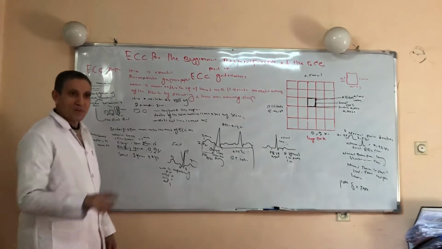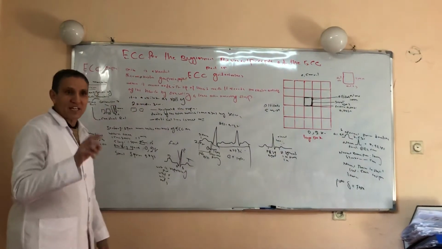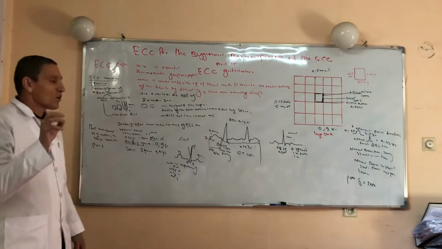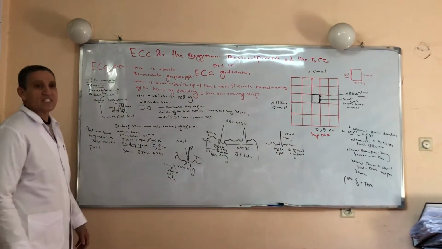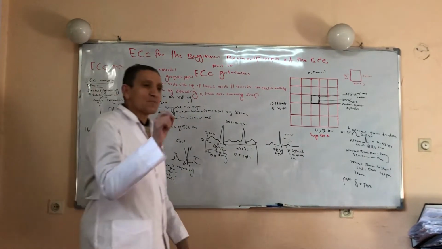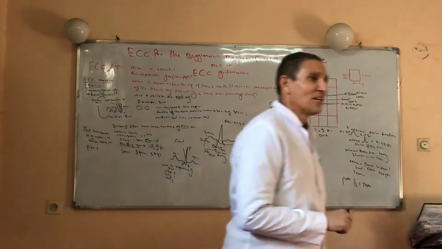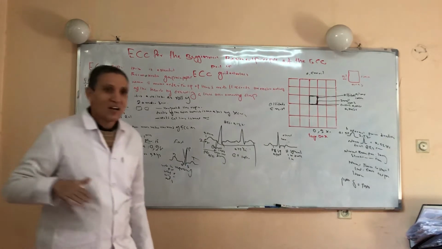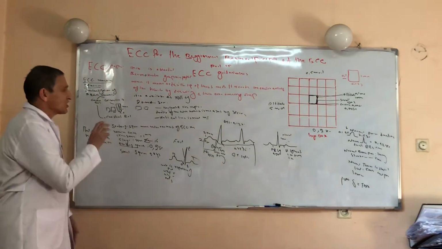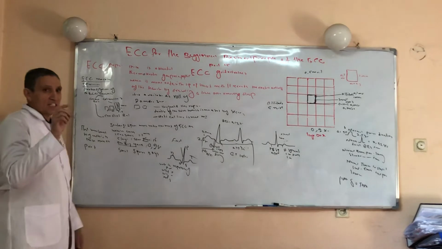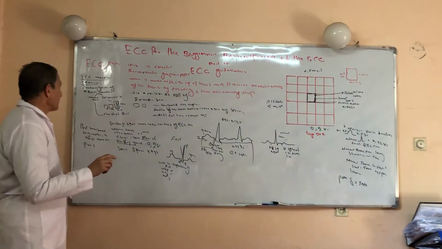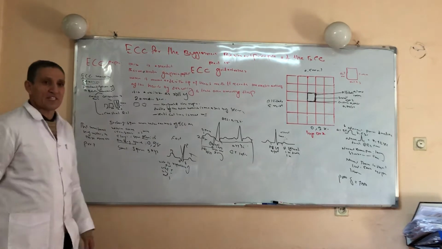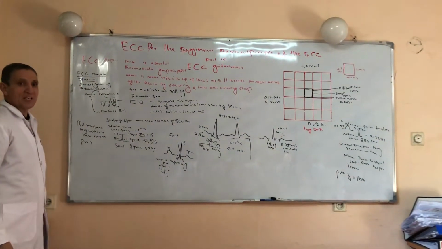After the ECG paper, we come to the ECG machine. Recording of the electrical activity of the heart without the ECG machine is impossible. More or less, we will talk about the ECG machine. What is the ECG machine? The ECG machine is a standard electromedical instrument which records the electrical activity of the heart by drawing a trace over a moving paper. The standardization of the ECG machine is made from 2 important points. One is constant rate. The second is calibration signal.